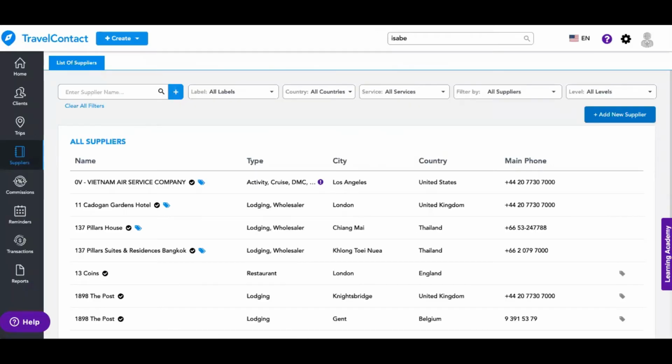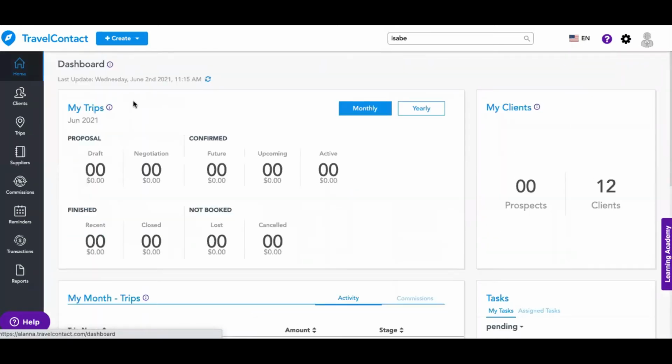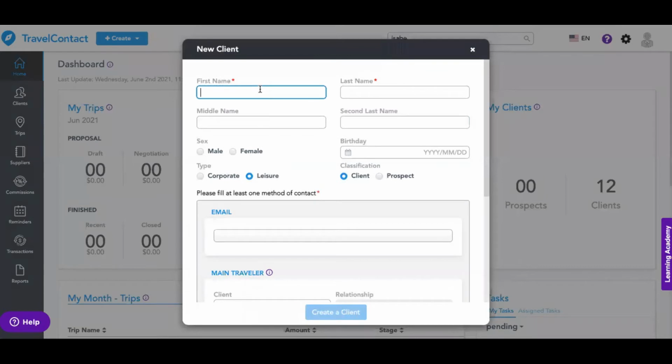I'm going to leave the admin section and come back to TravelContact. Going to click home. Okay, so I'm not going to go over all of the functionality in the modules, but mostly just admin. If you click here, create, you're able to add a new client or a new trip. And I want to go over adding a new client and assigning it to an advisor. So if I do, for example, myself,